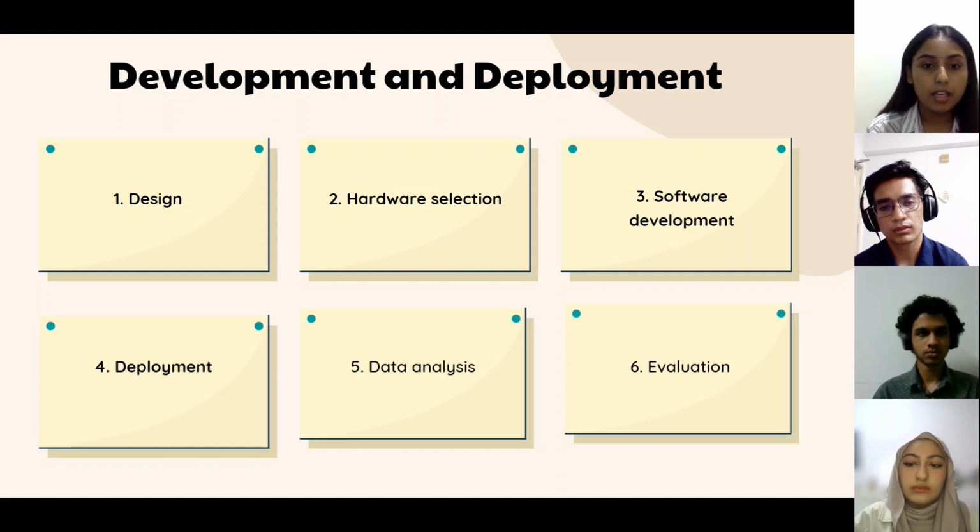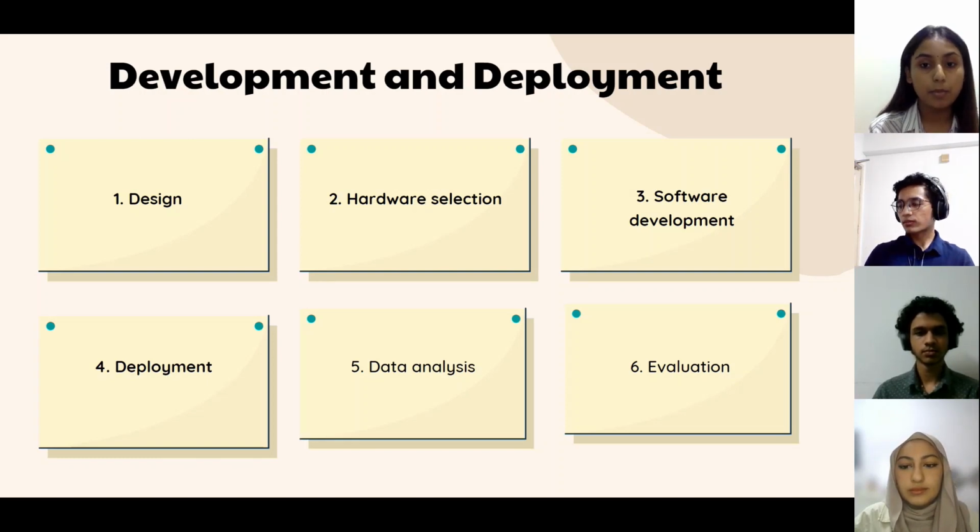Next is deployment. The system is then deployed in a farm to test its performance in a real-world setting. The sensor nodes are distributed in different parts of the farm, and the mobile sink is programmed to collect the data periodically from the sensor nodes. In this study, the sensor node deployment strategy consists of two steps: one, the coordinates finding, and second, the path planning. The strategies are deployed for covering the agricultural field without leaving any blind spots behind. Then the data collected is evaluated to track the environmental conditions and crop growth under the data analysis.